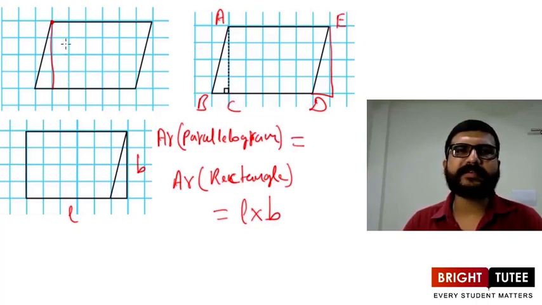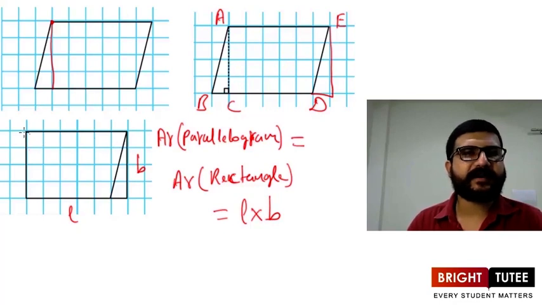So do we always have to cut out one portion from a parallelogram and try to form a rectangle from there, and then we have to find the area? Will it be possible always? No, it is not possible always. So what we need is a special formula for area of parallelogram. Now how to get that formula? Now try to observe here, area of this rectangle here, this one, area of this rectangle is L into B. Now try to observe this B. What is this B here?